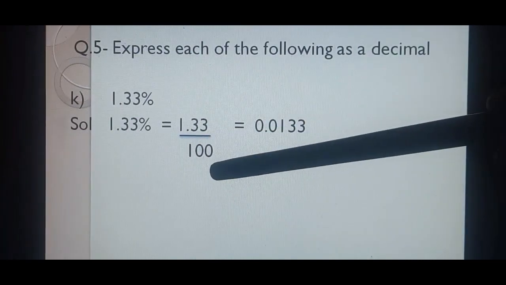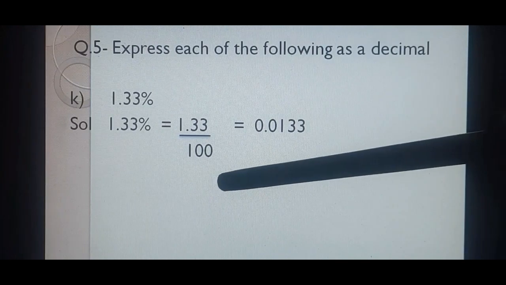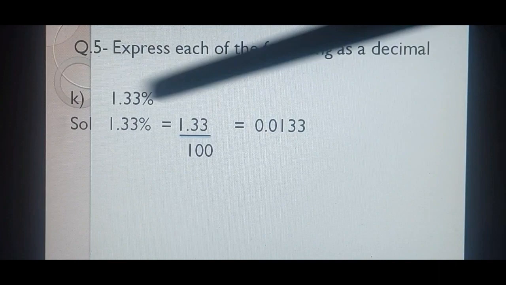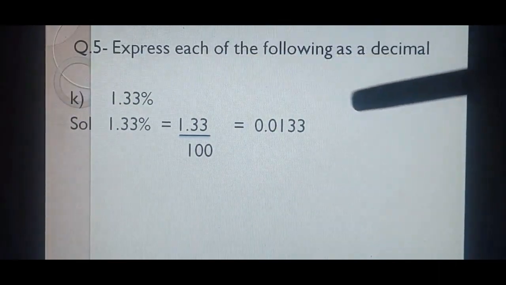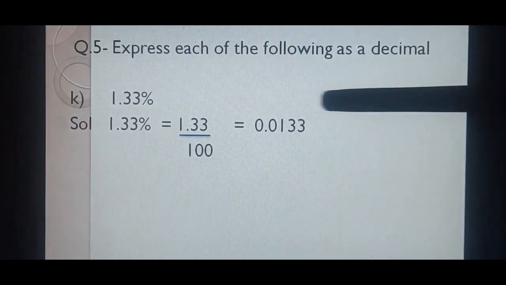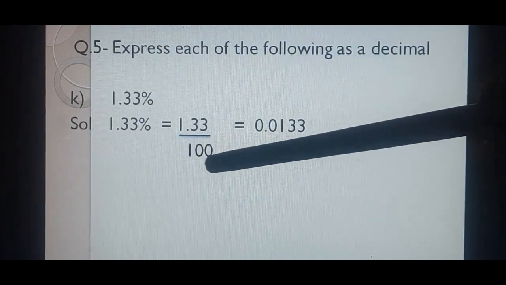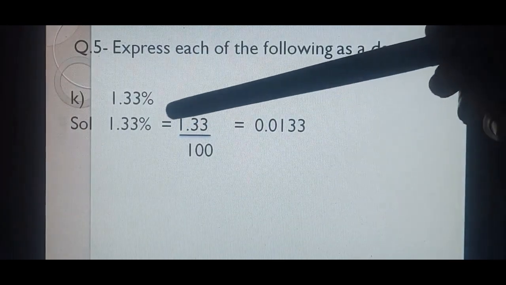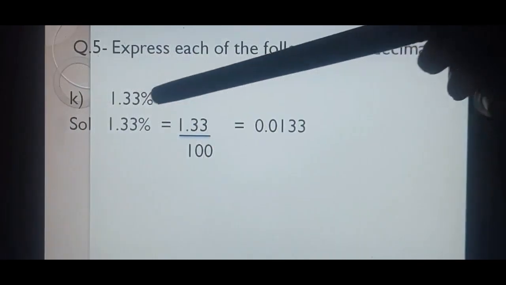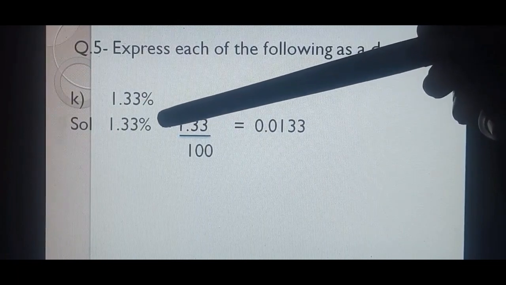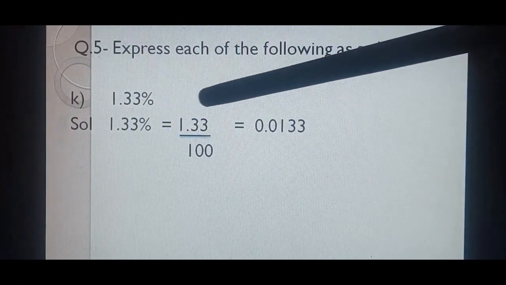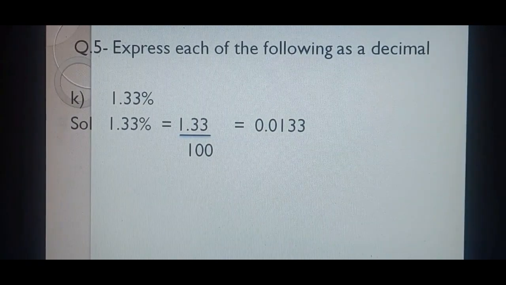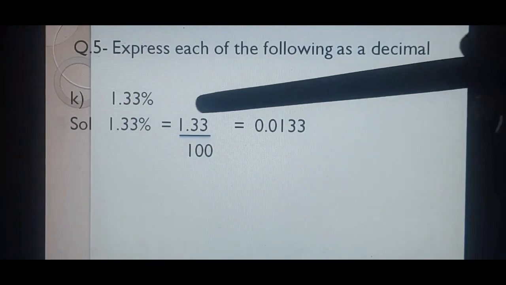Now, when we divide with 10, 100, 1000 and so on, decimal shifts to the left side. Right to left means to backward direction. So now 2 zeros are there in denominator. So decimal will move 2 places back. So 1 place back, it will come before 1. 1 place more back, we will take 0. It will come before 0. So our answer will become 0.0133.